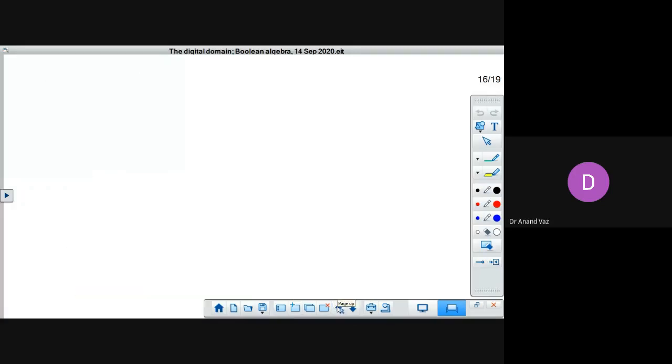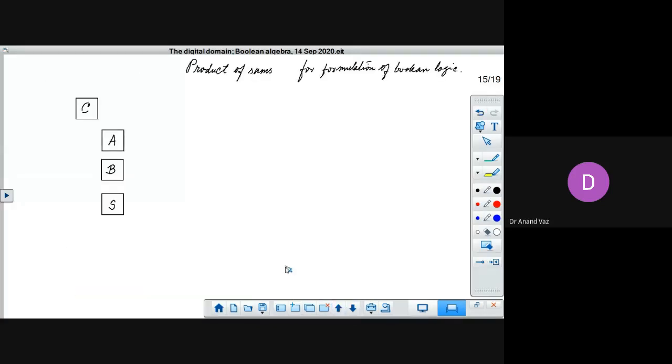I prepared this table. I'm just going to make use of this table so that I don't have to produce it again.